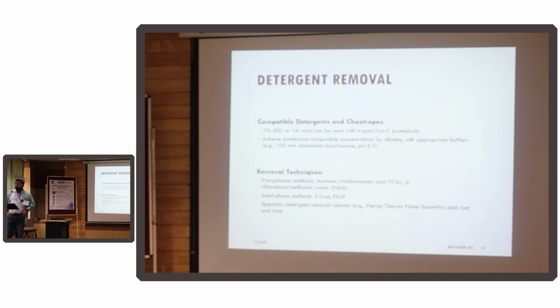Then if you have to go for precipitation, you can use acetone, trichloroacetic acid, chloroform methanol, water. You can use a solid phase method like S-trap, which is patented by Protifi. You have filter aided separation techniques like FASP, and you also have some specialty detergent removal columns by Pierce, Thermo Fisher. But all these methods will do two things: add costs and time, and I would add one more point, it also reduces the amount of protein you have to work with. See, we tell that all this is a standard